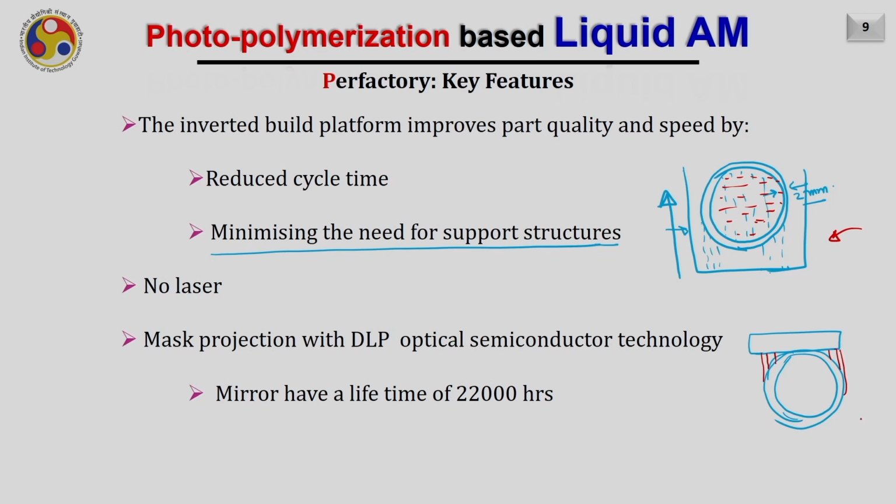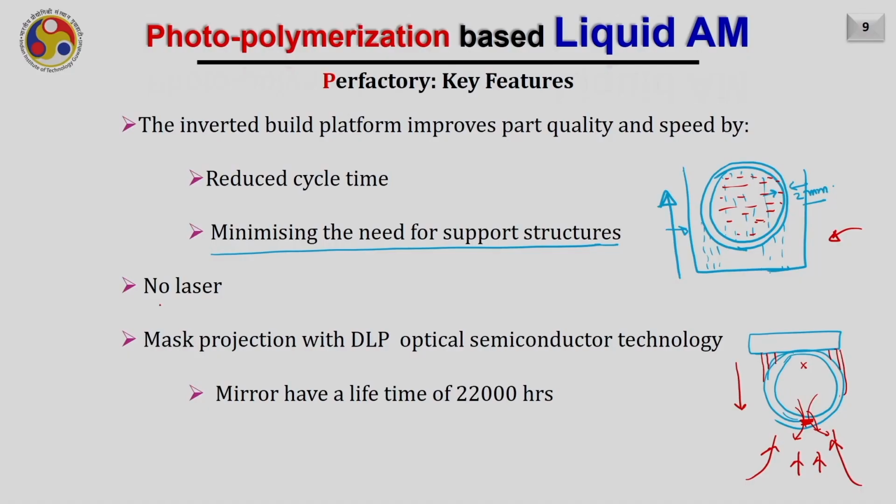There will be no support required for other regions here. Also, there will be no liquid material available here, which will not get trapped, because the liquid material will keep on draining out as you are building the part in this direction. And the UV light is coming from this direction. So when you cure the last portion of it, which will close this ball, at this point there will be no liquid inside because the remaining liquid will have drained out. So according to me, this is the only SLA process which I believe can make hollow objects and not allow the liquid material to remain inside.